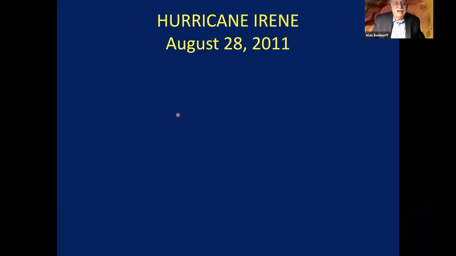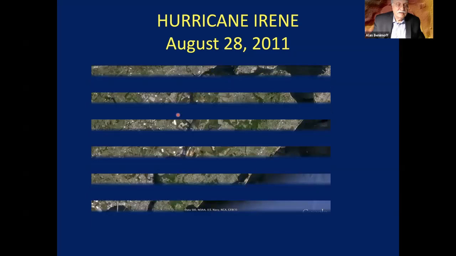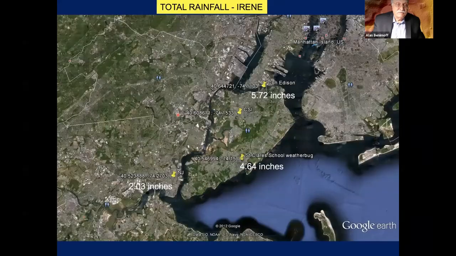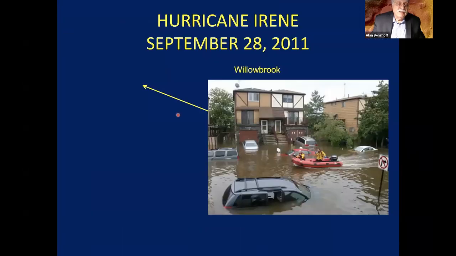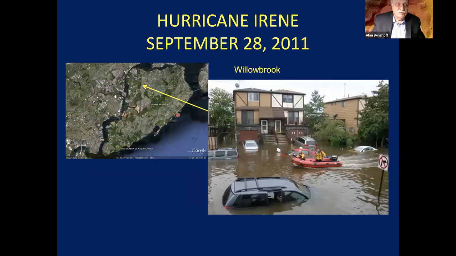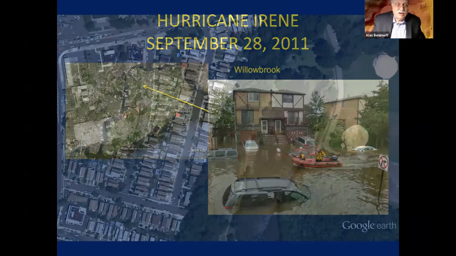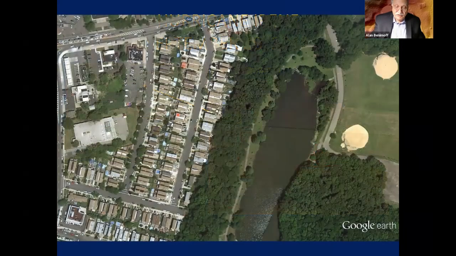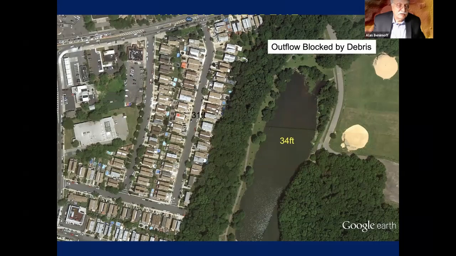And then we had Hurricane Irene, as you could see here, 5.72 inches of rain on the North Shore, 4.64. And then what we had here was some flooding. It was a flood event, not too much storm surge. And what happened here is that the lake over here, the outlet was blocked. And as a result of this, these streets were lower than the 34 feet. So the water came, if I just go back one, right there,